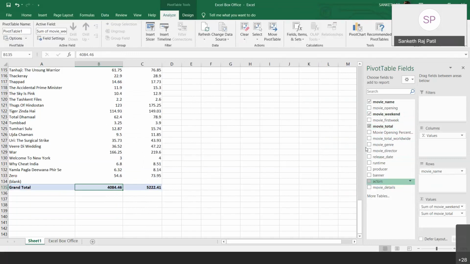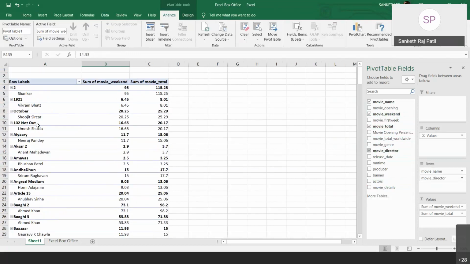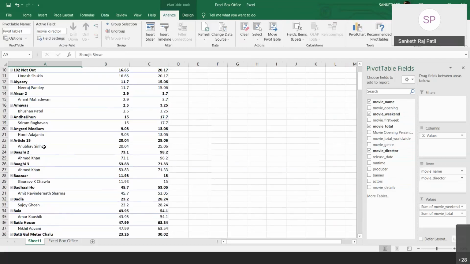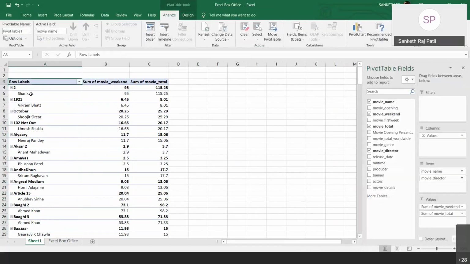And then if I click on movie director, you can see that it doesn't just create a new column, all right? It doesn't create a new column. Instead, it gives me the detail over here itself, who the director of that film is. So this is the advantage of a pivot table. Instead of consolidating the data and making it really hard to understand, it filters